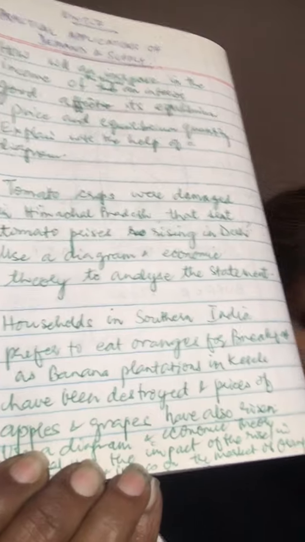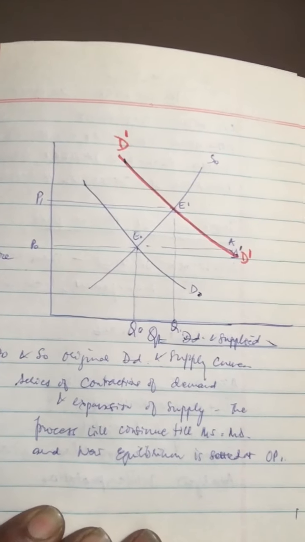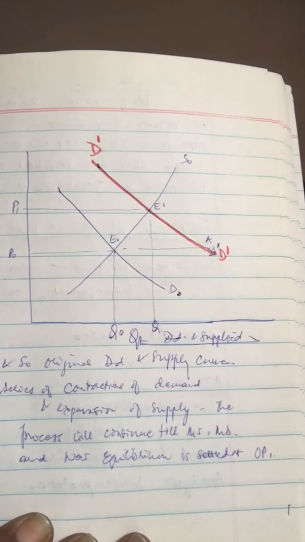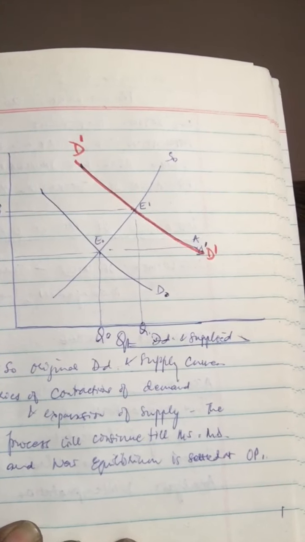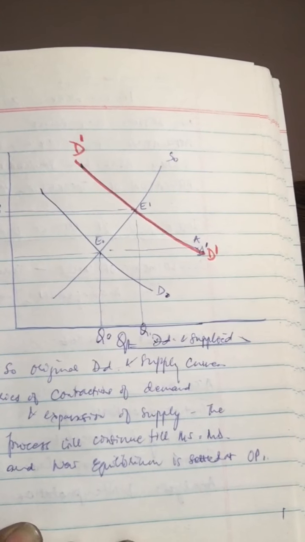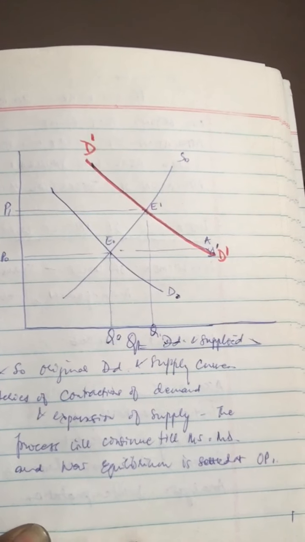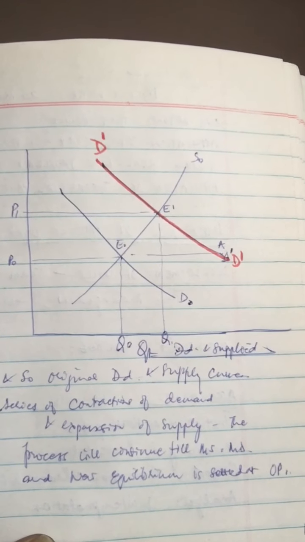So what will happen? Simply, okay, sorry, again, I have to show you the diagram. So what will happen is, tell me, the demand curve will shift rightward. Just have a look. The demand curve for oranges will shift rightwards. There'll be increase in demand for oranges because apples, grapes and oranges are fruits which are substitutes for each other. So when the price of apples and grapes rises, consumers will substitute them with the relatively cheaper oranges. As a result, demand for oranges will increase. Yes, you're right. Demand curve of oranges will shift rightwards.